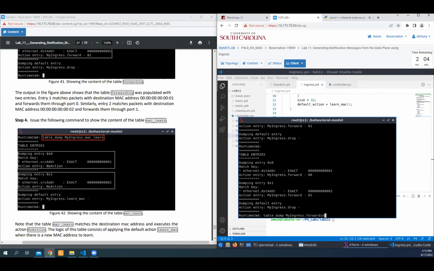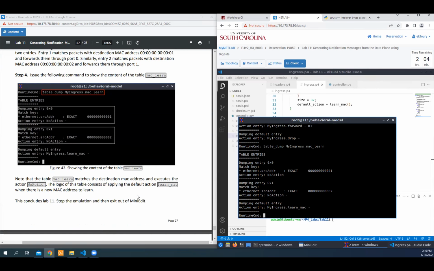So I will use the up arrow and just right here, Mac learn instead of forwarding. And we can see that also we have these keys, the source address for host 1 and then host 2. Now, basically that's it for this lab, but I just want to also add that